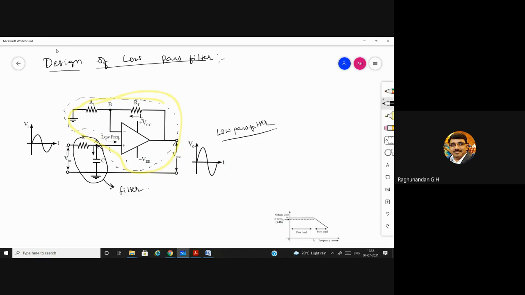But in a high pass filter, it will be just reversed, the same circuit. This goes here, this comes here. If you exchange this, for high pass, first the capacitor will come, after that the resistor will come. For low pass, first the resistor will come, and the capacitor will come afterwards. Just for remembering, I will tell many times, for high pass